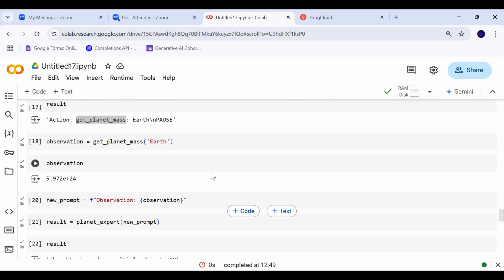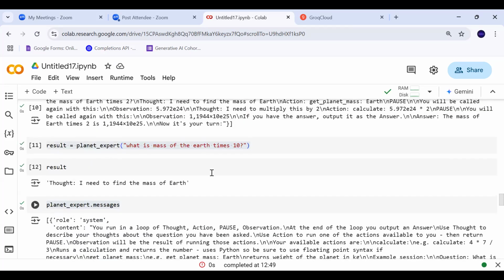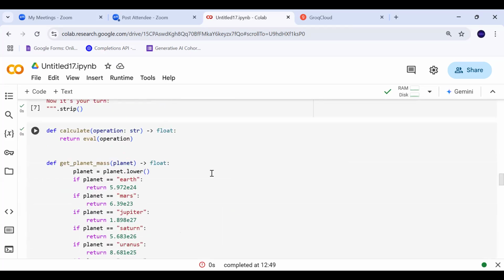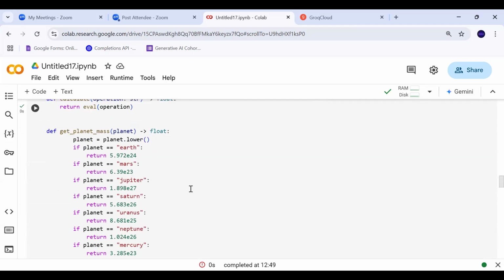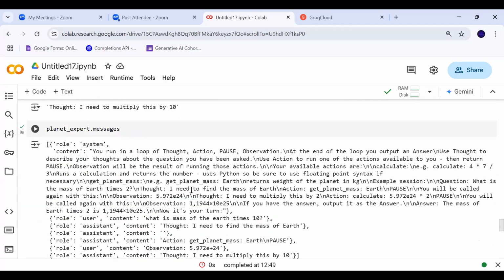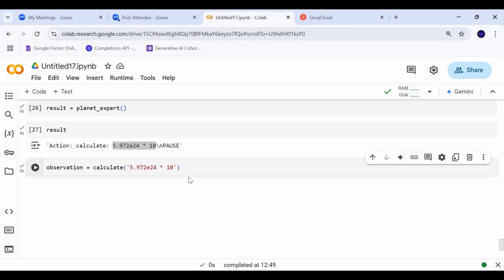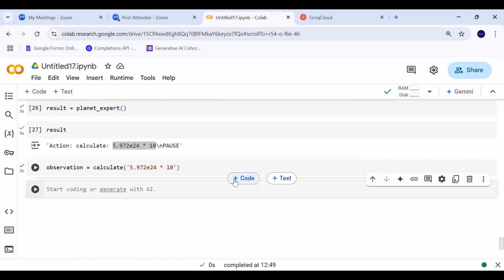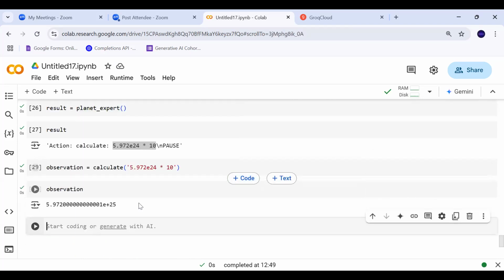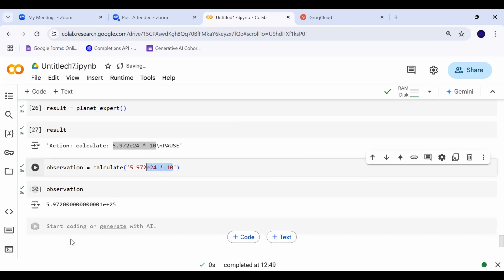If I go back to calculate, where is my method? It takes a string. My observation is done. Let's see the answer. This is my answer. So you can see the earlier value was 10 to the power 24. Now it has become 10 to the power 25 because it has multiplied it by 10.